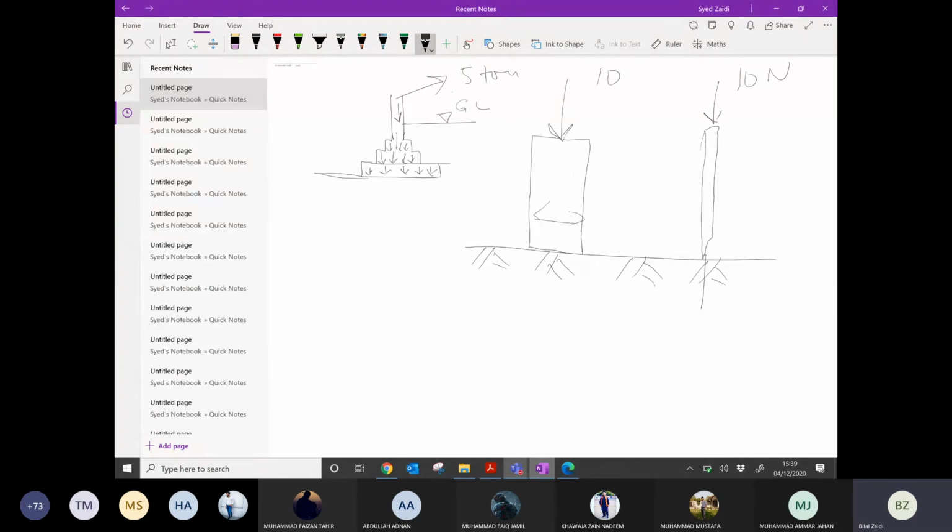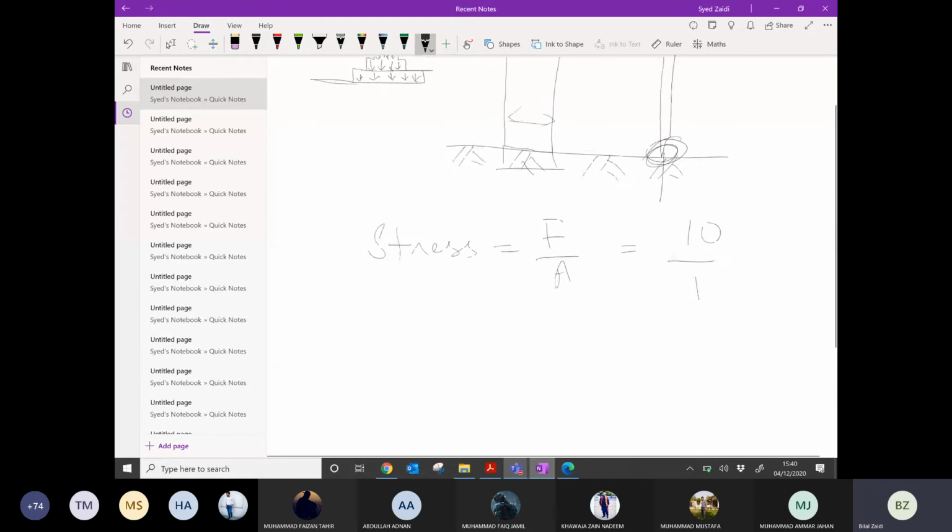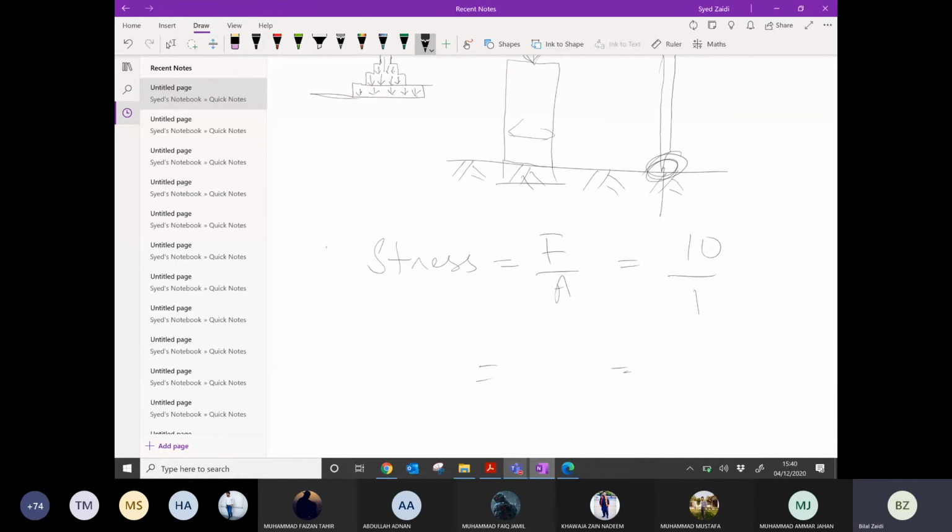When you have more width and the same load, you may know that there is a formula: stress is force per unit area. Same force, 10 Newton, area in this case maybe 1 square inch. In the other case, the area maybe 10. Case 1, case 2: stress is force per unit area, force was the same.